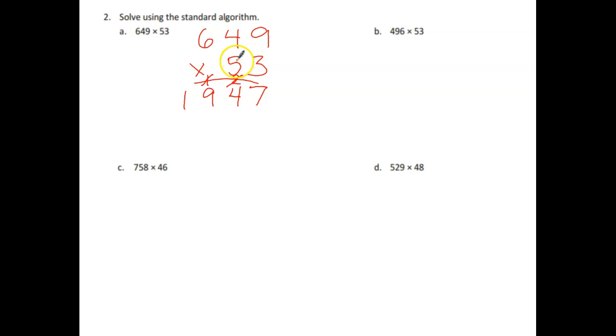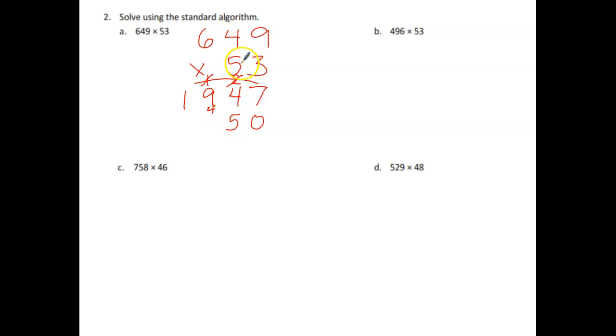All right, now I have 5. My 5 tens times 9. 5 times 9 is 45. So I know that I have 5 times 9 is 45, but it's not 45. Remember, this is 5 tens. So 5 tens times 9 will be 45 tens. So I know that my 45 will be in my tens place, but my tens place value unit can't support 2 digits. So I'm just going to put my 5 in my tens place and regroup my 40 tens as